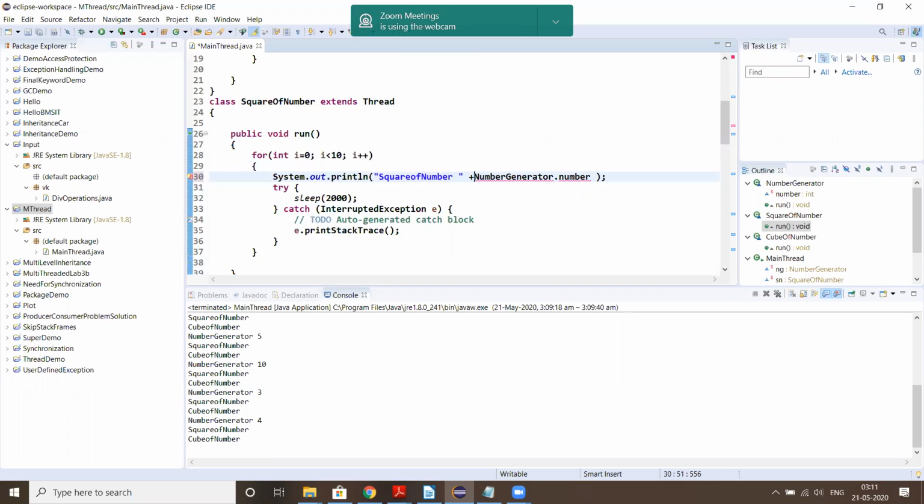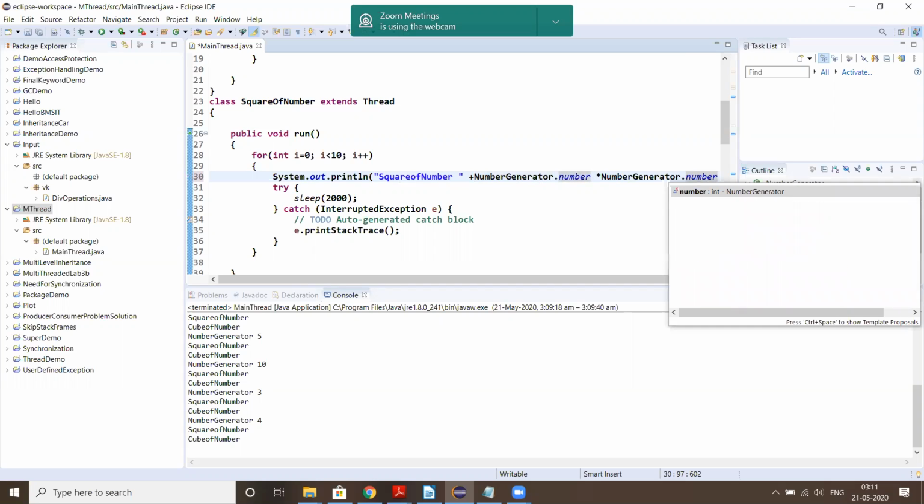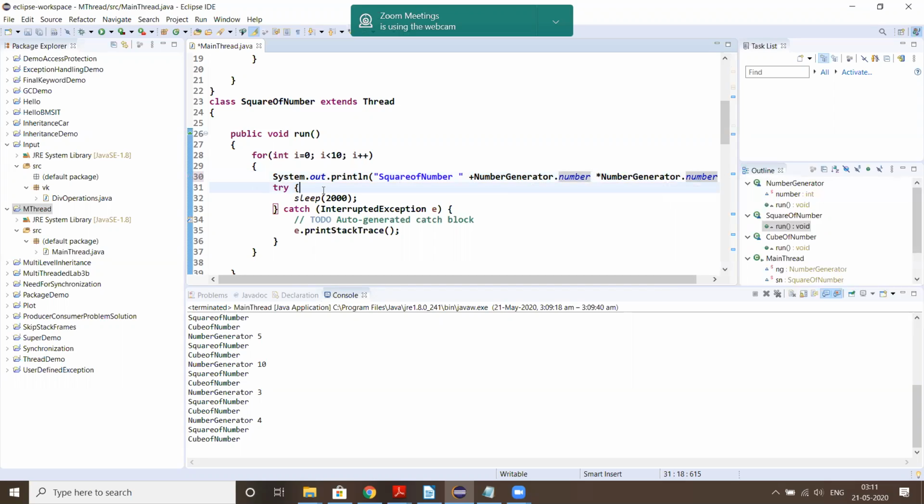And I need to calculate plus this NumberGenerator number. Since I have to find the square, I need to multiply once again by this dot number. So this would calculate the square of the random number being generated.